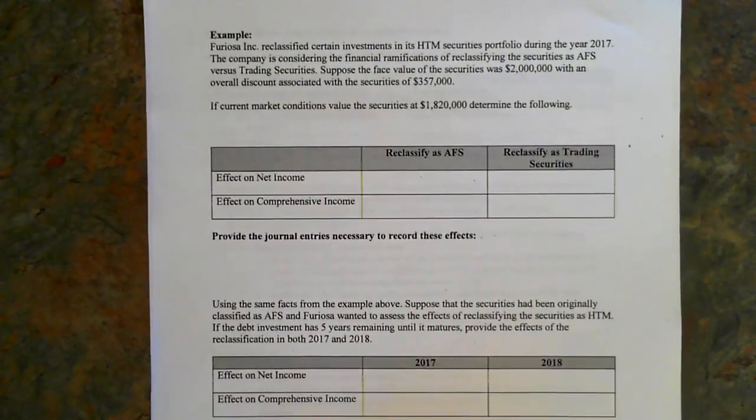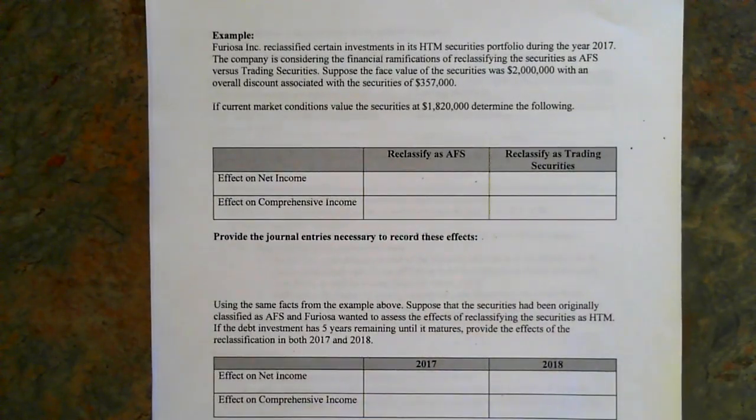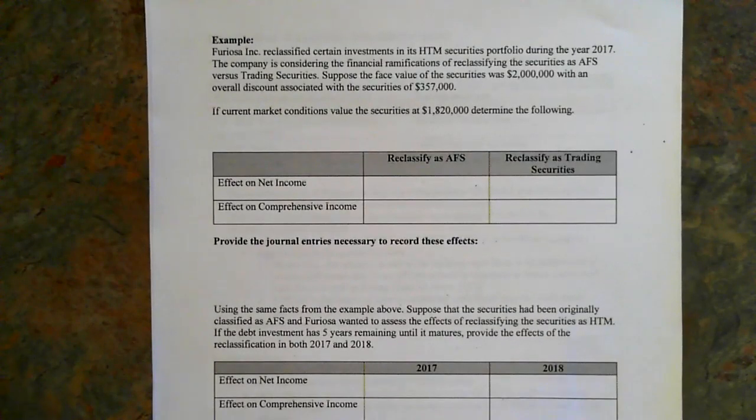In a problem, I would try not to put too many working pieces on a test question with these. So I wouldn't make you calculate the present value, do an interest to revenue amortization, and all this kind of stuff. I would more so give you the facts of the problem, the results of all those calculations, and then have you calculate the consequences of the shift.